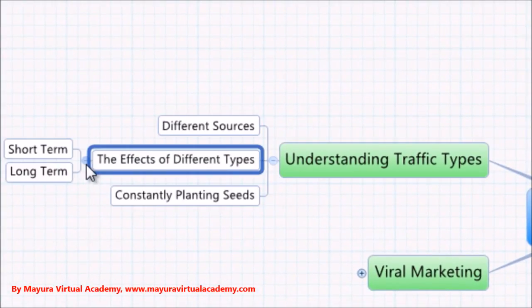It's good to understand the effects of different types of traffic as well, whether it's short-term or long-term. For example, running a pay-per-click campaign for just a couple of weeks is short-term traffic and will only tell you a certain amount of information and only give you a certain amount of income in terms of the people visiting your site. Whereas if you build a list, that's a long-term project. It won't show results in the first week or even the first month, maybe even the first year, but you will see results later on down the line because it's a long-term strategy. So it's good to understand that you need both of those in order to succeed, both short and long-term.